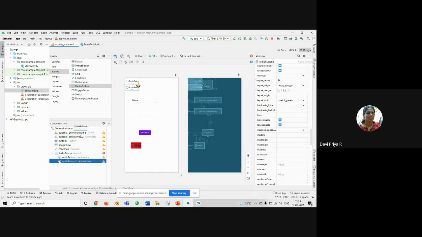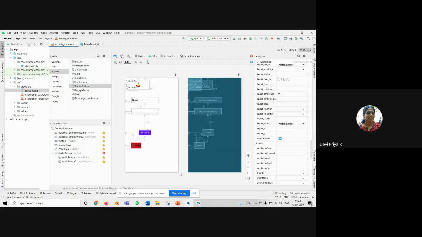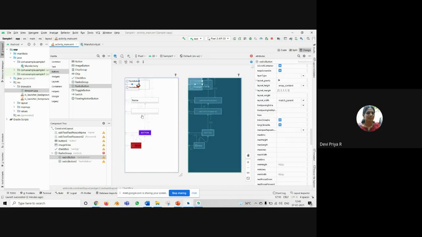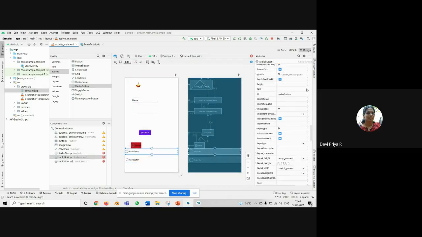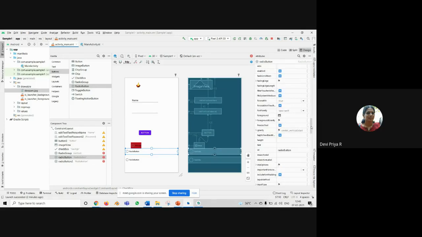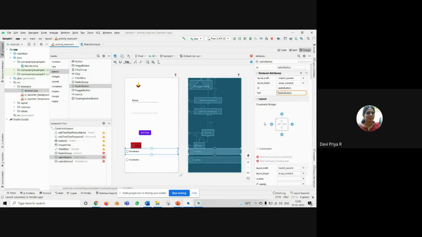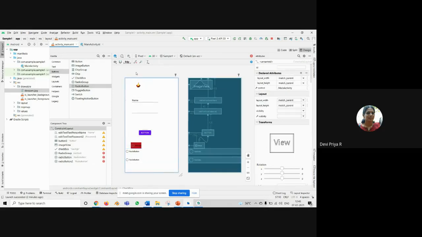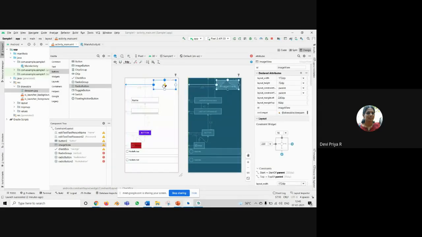Likewise, you can have any number of radio buttons. And if you want to delete some, you can delete. And now you can specify the horizontal and vertical positions of this button. Otherwise, it will be displayed at the top.